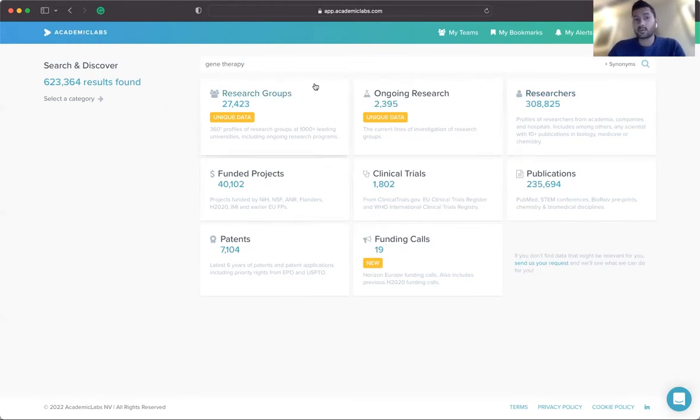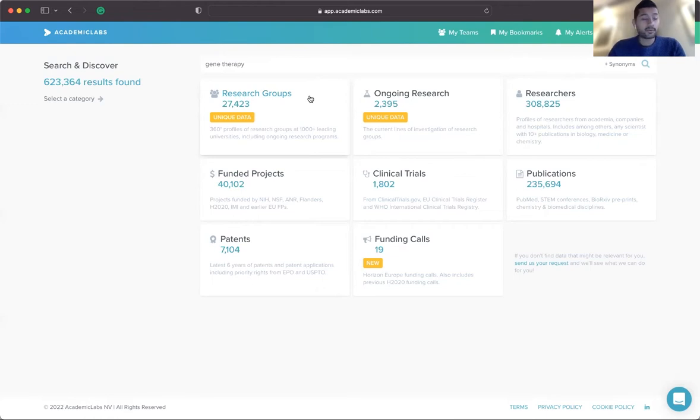Now, something which makes Academic Labs completely different is that we have the research groups structured in the form of teams from the 1,000 top leading universities of the world, all in one place.